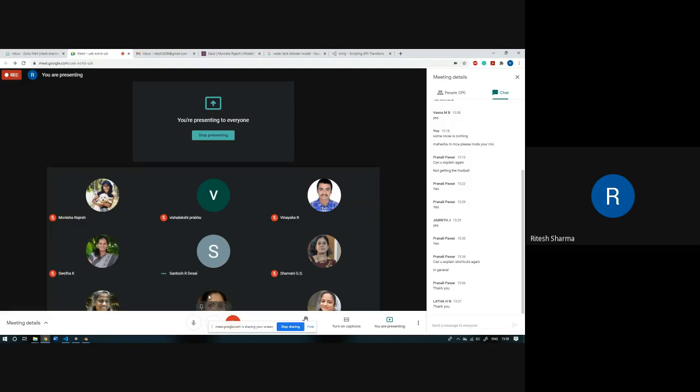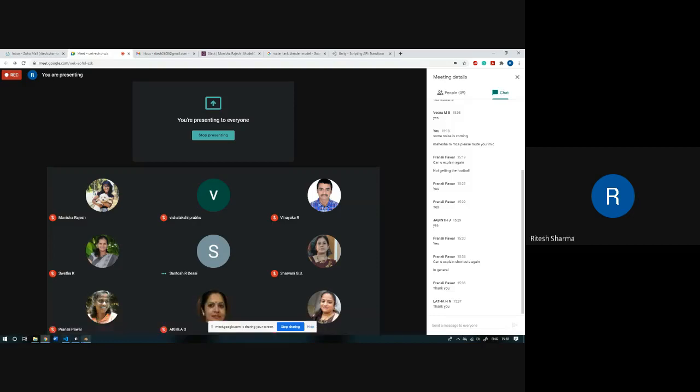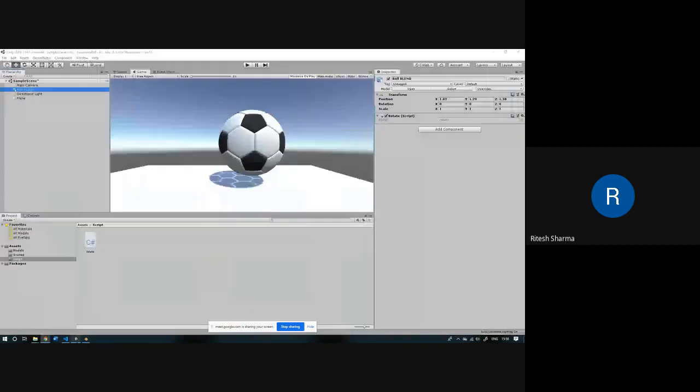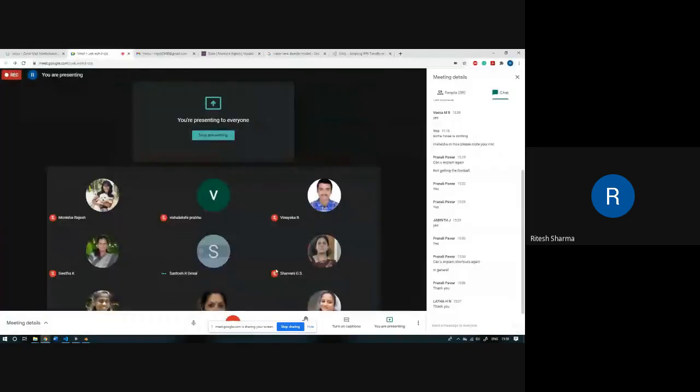Yes, I have given a task to make this ball rotating. I'm not going to show what the code for it is because we have gone through it yesterday. This is just to get hands-on experience of doing it on your own, kind of DIY. I've given 5 minutes to finish this task. Then we can proceed.